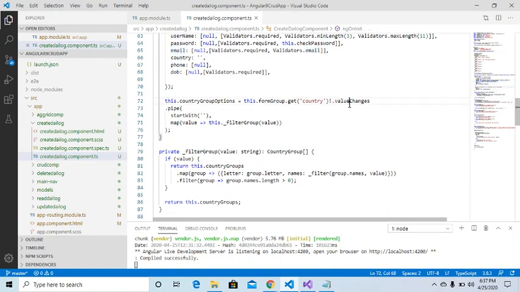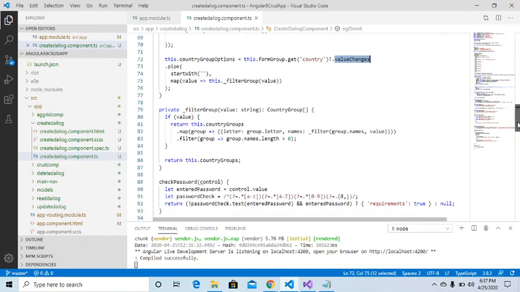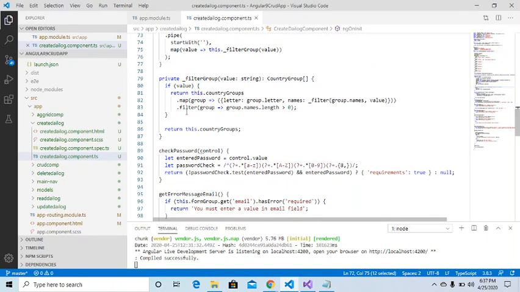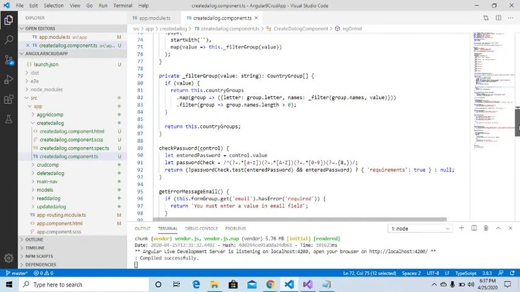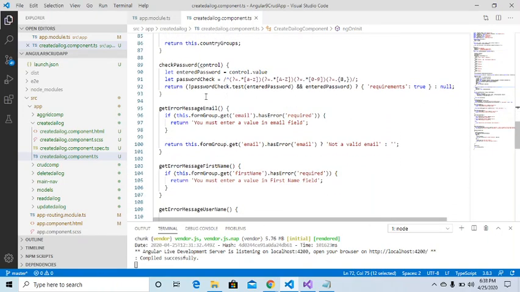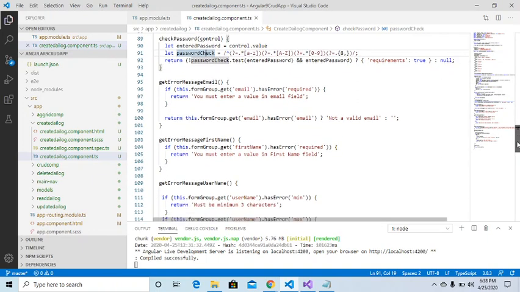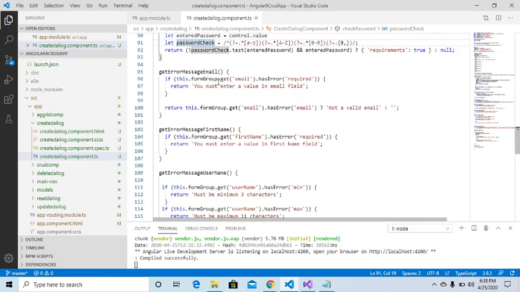Then lastly we are hooking value changes on the country control. Next is the filter group for the country control, which will return the group of the country. This is the check password validation, where whatever control value we are taking, we are matching with a regular expression and showing the message accordingly. Then we have get error message for email.